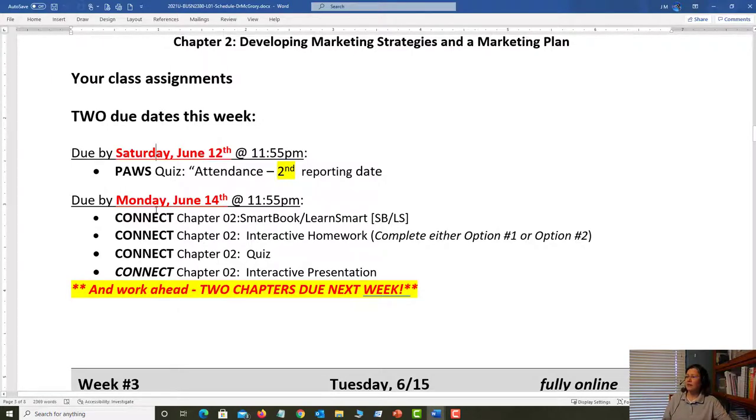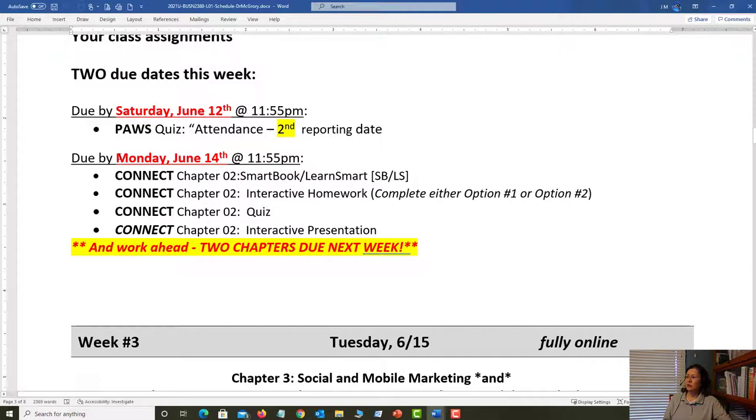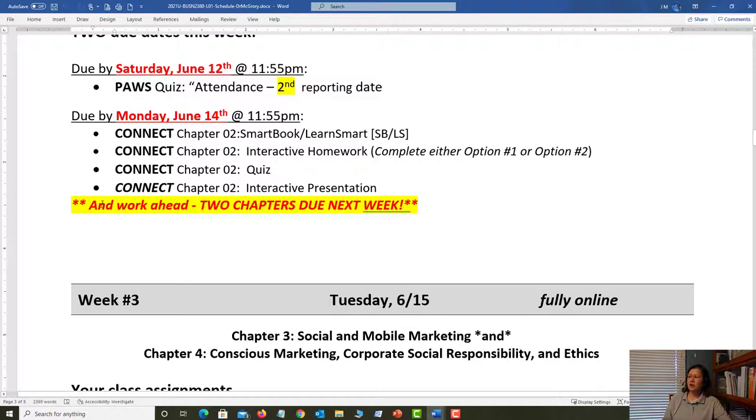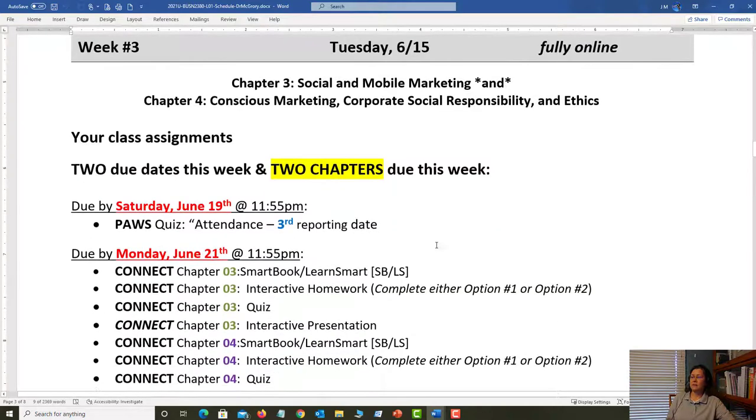What else here? Then we'll go into chapter 2, and when is that going to be due? Monday night, right? We're going to try to get into this pacing of 4 assignments due Monday night. So then you're going to see this big note, oh, you better look ahead because we have 2 chapters due next week. So this schedule, reference it frequently so you can see what's coming down the pipeline. And sure enough, as I look ahead, I see that 2 chapters are due. And I have another, make myself feel good, get my easy peasy points for this attendance 3rd quiz, and that's the last one. So make sure you get those points.